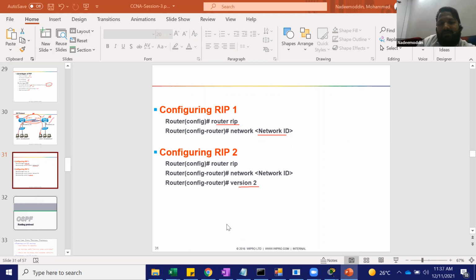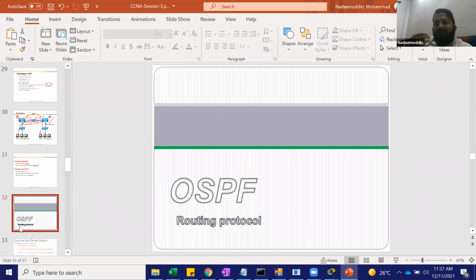So let's have a look at another protocol, OSPF. The objective of these protocols is the same: adding the non-directly connected routes. The only difference is speed, configuration, and other stuff. You need to choose which protocol you want. All do the same thing: static, dynamic, default. It is just communication from one network to another network.